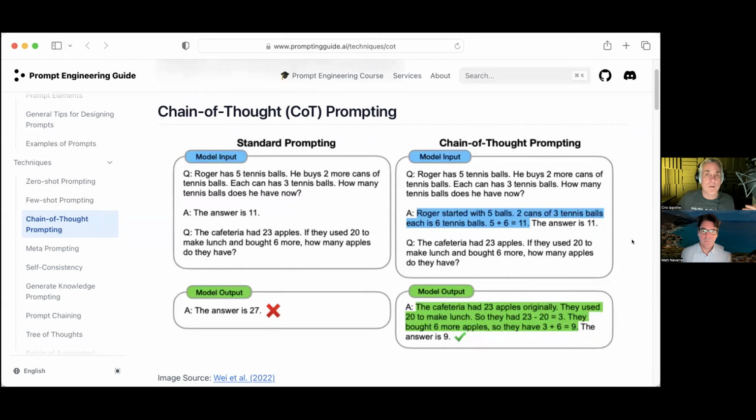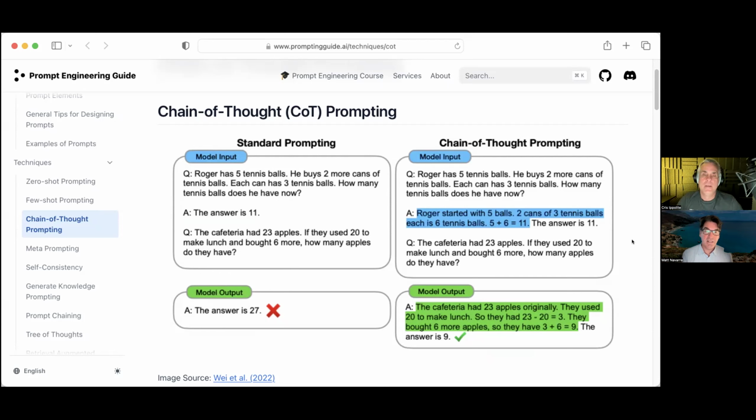And on screen for the YouTube folks can see this, but for the folks that can't, Matt, you want to describe what's happening? We got the standard prompt on one side and the chain of thought on the other. So these are great. These are like math questions. Like one of them: Roger has 5 tennis balls. He buys 2 more cans of tennis balls. Each can has 3. How many tennis balls does he have? So these are kind of questions that are word patterns that a human frequently will get wrong, because it's almost like a sleight of hand. It's trying to make you think it's one answer, but then it's really something else.